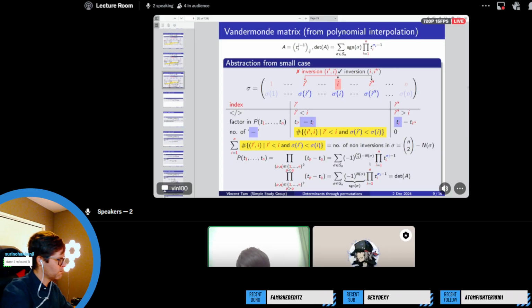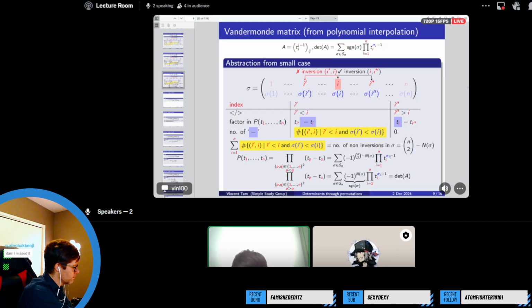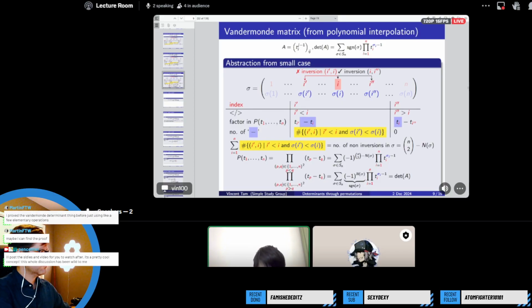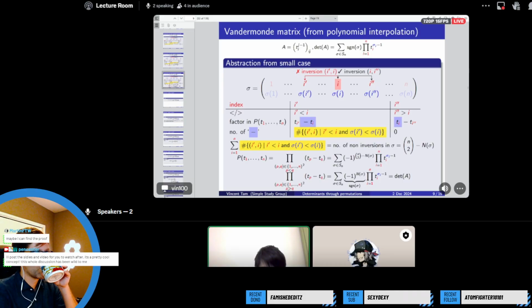And then we found that this thing looks really like the Vandermonde polynomial, but with a constant factor here, -1 to the power of n choose 2. And since this is -1, we don't really care whether it is plus or minus. So finally, here we just factored out the -1 to the power n minus 2, and we invert this sign here to reflect that this factor is absorbed.